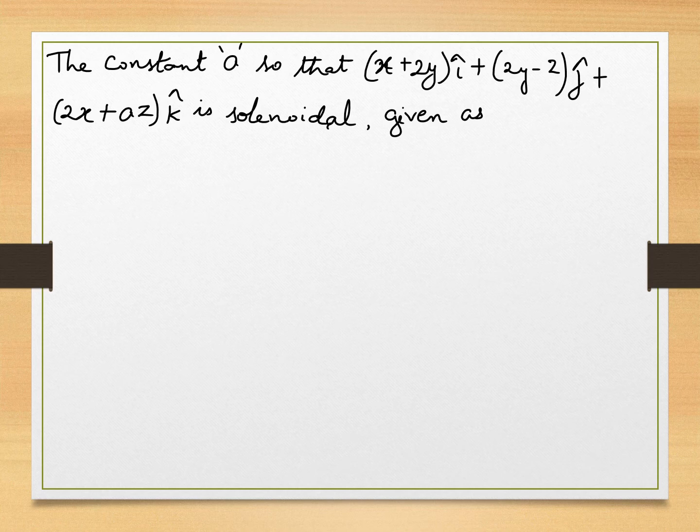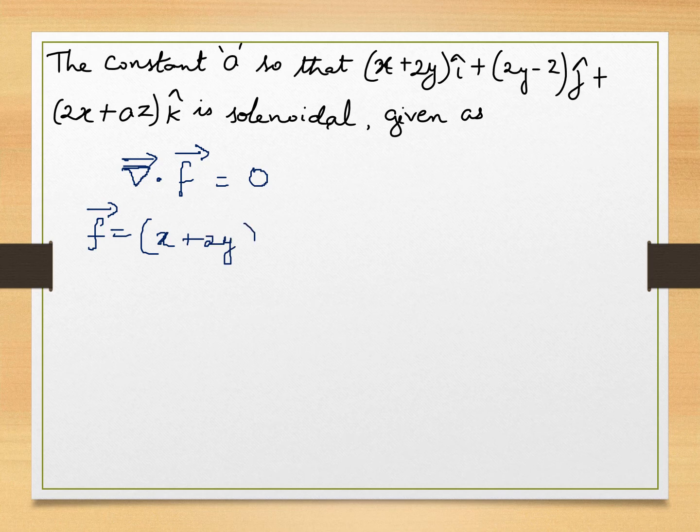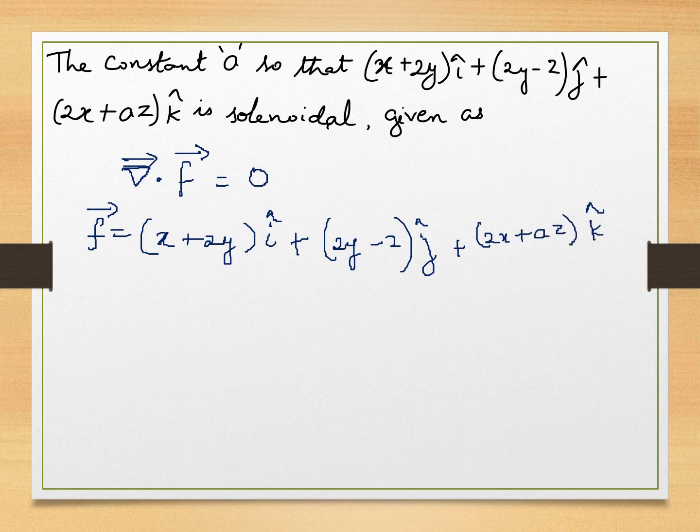Whenever a function is solenoidal, that means the divergence of that function, del dot f, is equal to 0. So here f is given as (x + 2y) i cap + (2y - 2) j cap + (2x + az) k cap. So we have to find del dot f and equate it with 0. The vector dot f vector. If we do it,